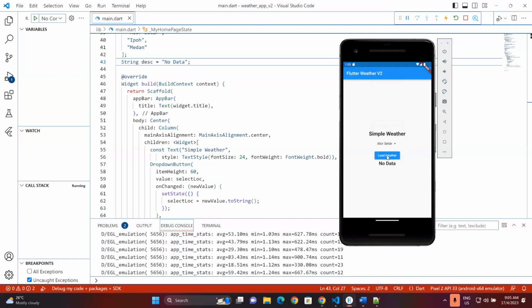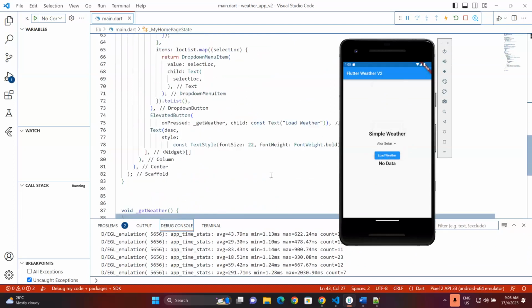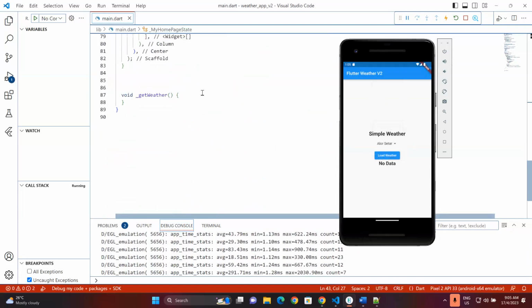All right, so now we have a button there. We can press the button, and this button basically will call this method down here. At the moment, it contains nothing. There's no information yet, no operation, no logic that we have here. All right, so you can print,